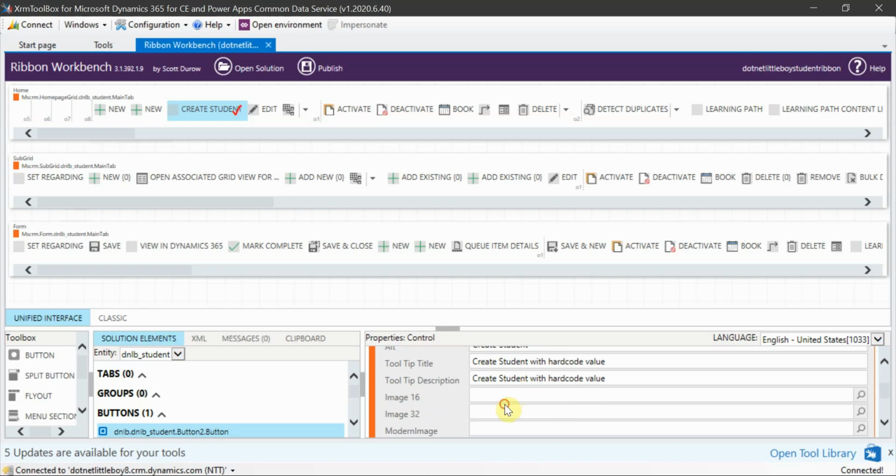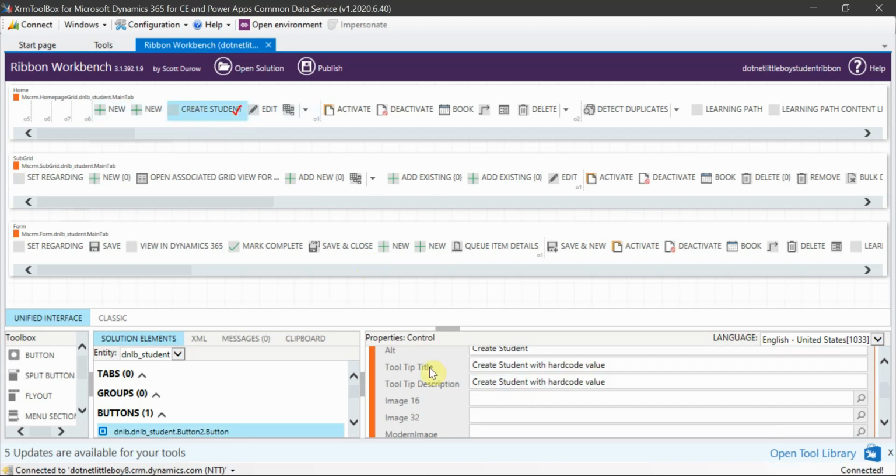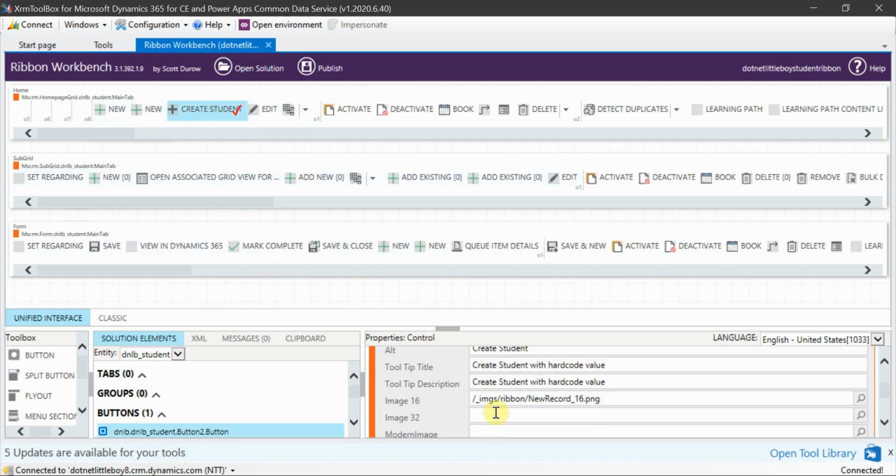And image, you can see for each button there will be an image associated, right? So if you already have some developed image in PNG or another format, you can add it here. Let me add the same image which is used inside this New button. So I'll click on this New, and I will copy this image here for this new button which I'm going to add now. So the same image I will copy here, and for the 32 types, this indicates the pixel size.